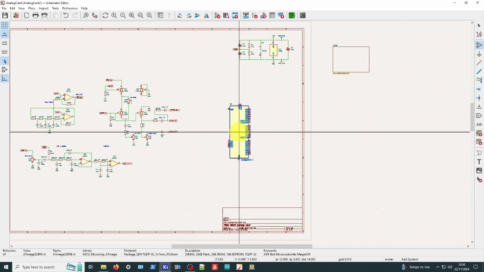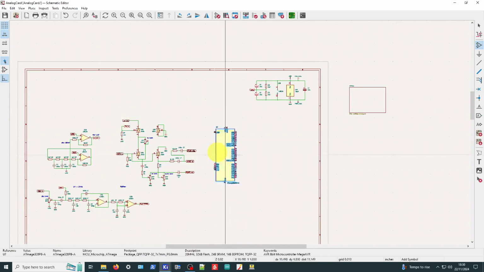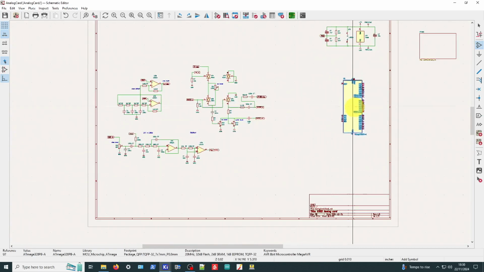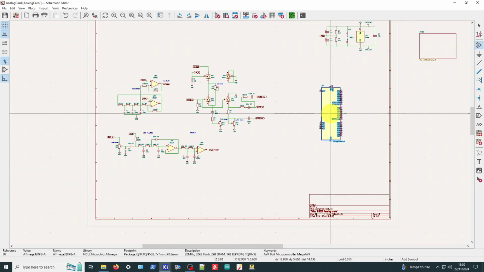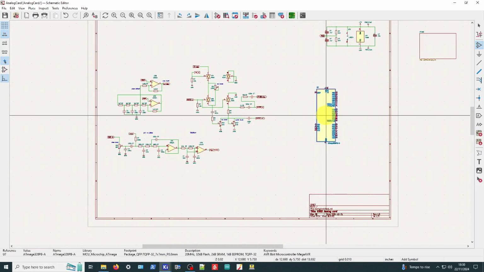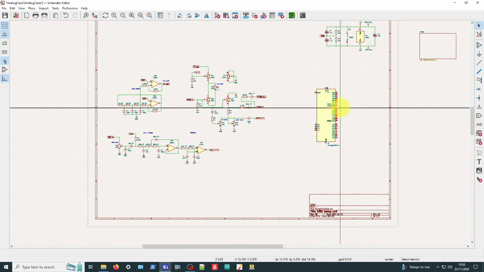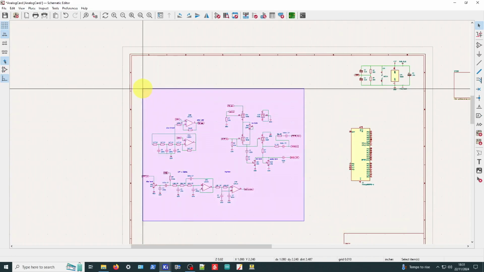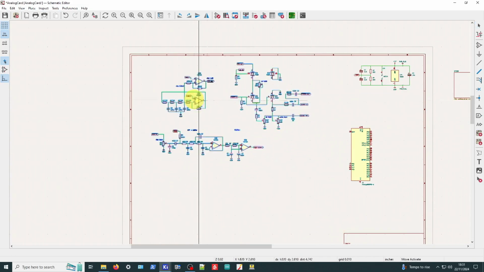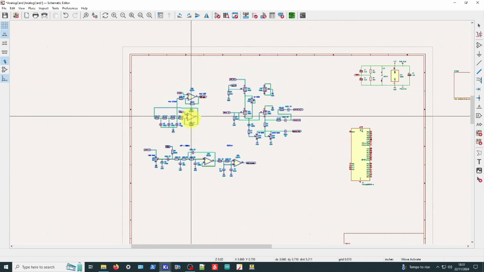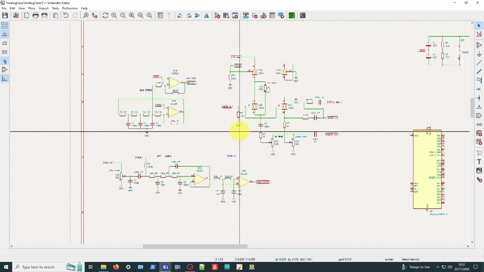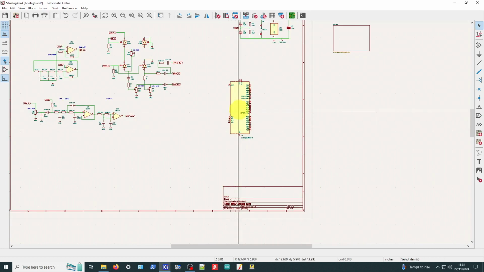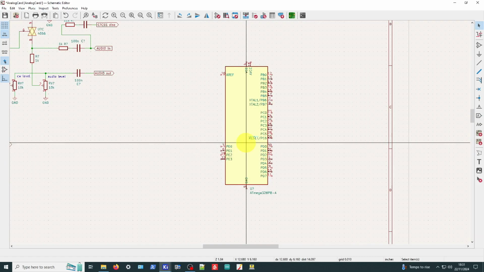Right, and then you can look at the general layout of the sheet, and it's probably going to be reasonable to put it over here since we have a bit of a gap. Don't forget you can always move things around, so I'll select that. We'll just put that there for now. You could grab all of that part of the circuit and put it anywhere you like. You can move the whole thing if you wanted to. I'll put it up there a little bit. There you go. So now we've got loads of space down here for our 328